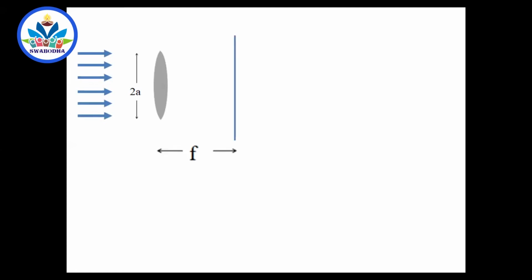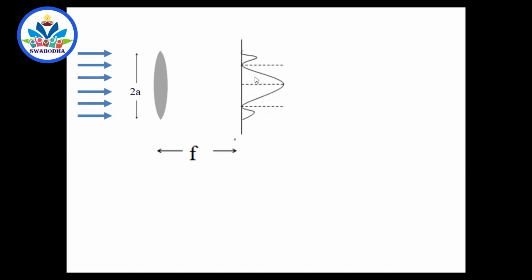because a lens will act like a circular aperture, a circular slit for the light. So light will start undergoing diffraction when it passes through that slit. So this will definitely happen. So take a lens of width 2a, that means its diameter from that circular edge. Let a parallel beam of light be incident on this, and keep a screen at a distance of the focal length. Now you will get the diffraction pattern.